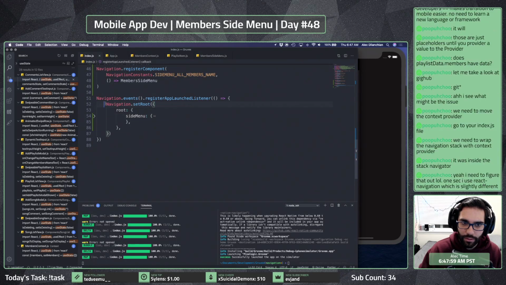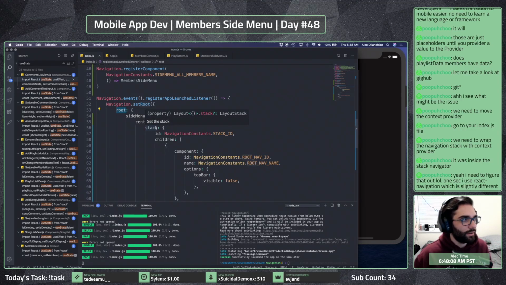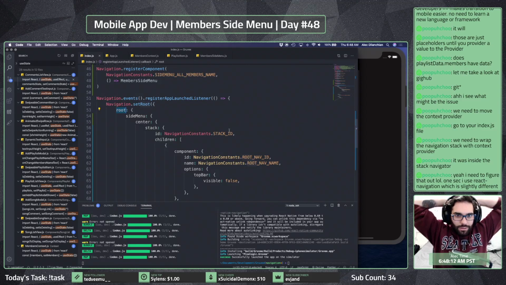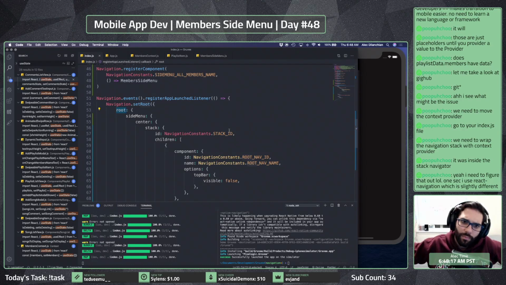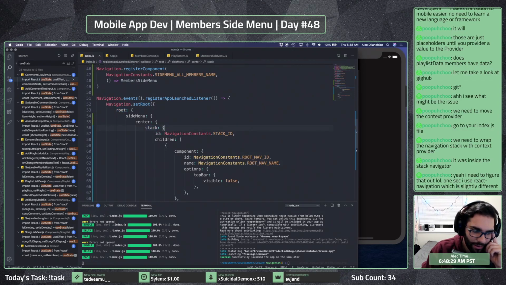Right, we have our navigation route here, side menu. Slightly different. I think the one thing we might be able to do is, it's weird because this is a stack, right?